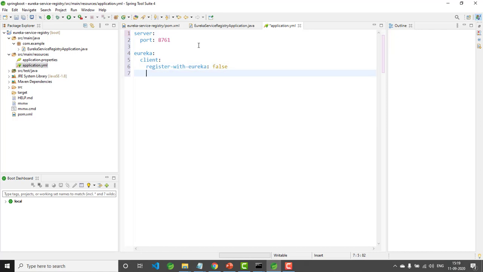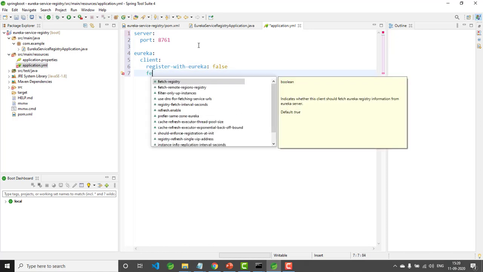One more property also, fetch-registry. Again, it is the same scenario. If this application is a microservice, it has to fetch the service registry details to register itself. You can see the description given over here. The default value is true. But by itself, this is a registry. We don't have to fetch anything. So let us change the value to false.